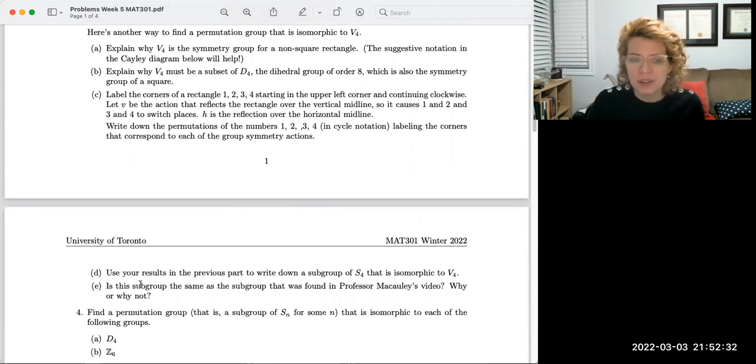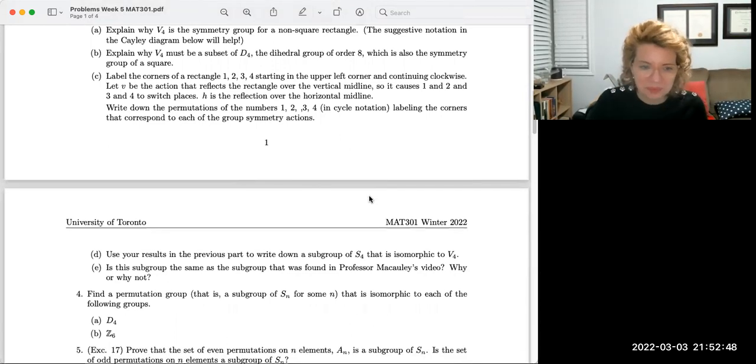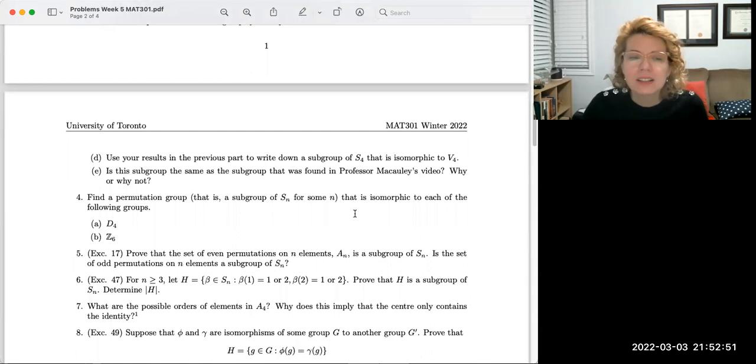This is not necessarily going to be the same subgroup that was found in the video. It's all going to depend on how you label your corners. And I don't actually remember if it happens to be the same one. So in number 4, you can use the same technique. You can label an object and look at the permutations of the corners. You could also use the more general idea